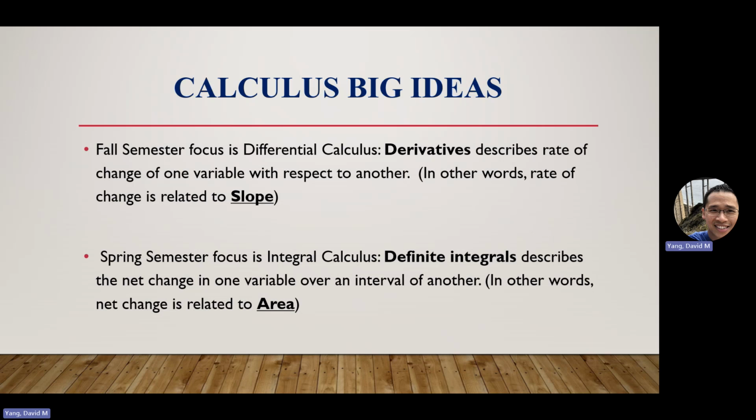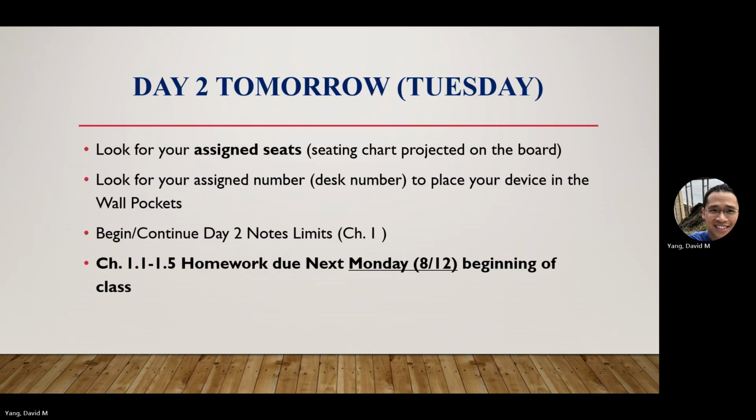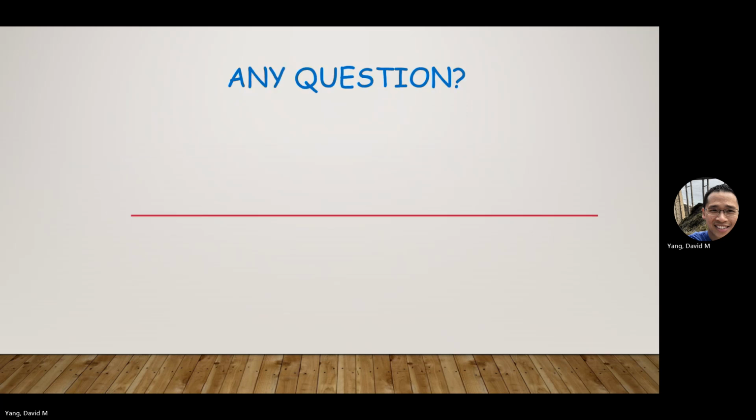And then the second half of the semester, we're going to do definite integrals, which is basically just area. Area and slope are very much related with one another. They're basically inverse processes of each other, and we're going to explore all of these AB concepts by the end of this semester. Sorry, that was a page for my AB.